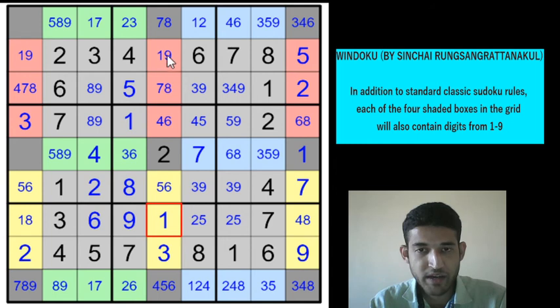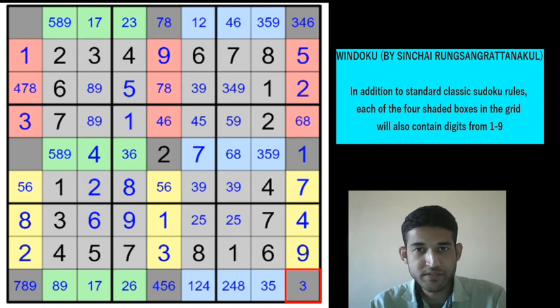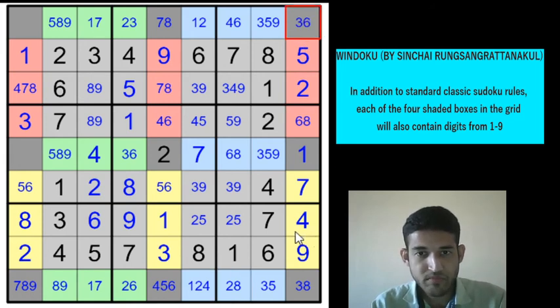So we have a 1 here, that gives a 9 here, a 1 here, an 8 here, a 4 here. So this is going to be a 3 or 8. So this will be a 2 or 8. And this is going to be 3 or a 6. This will be a 2 or a 4. You can't have a 1 there.